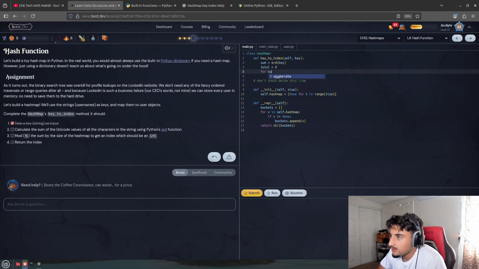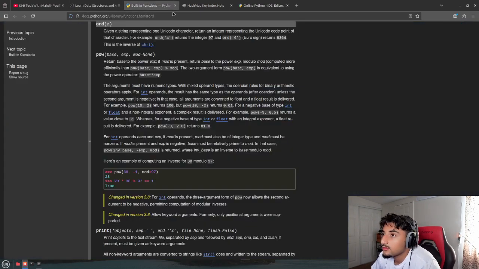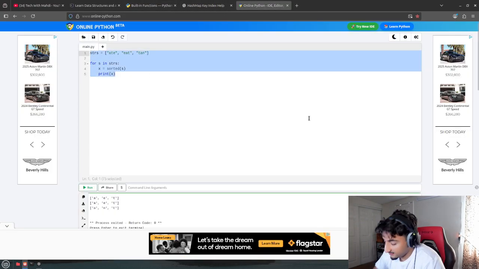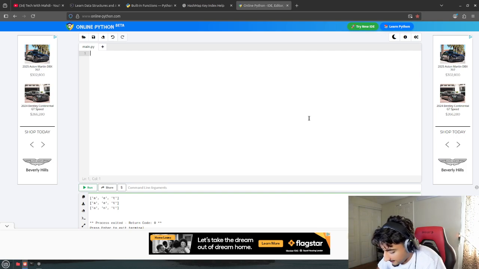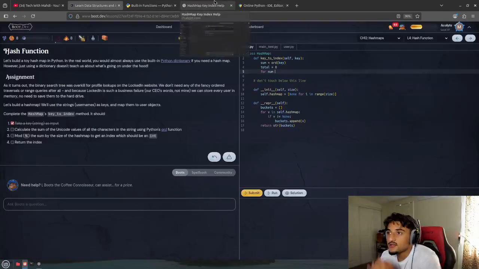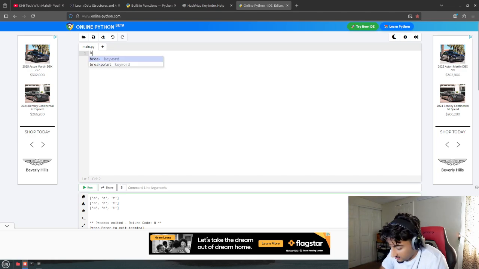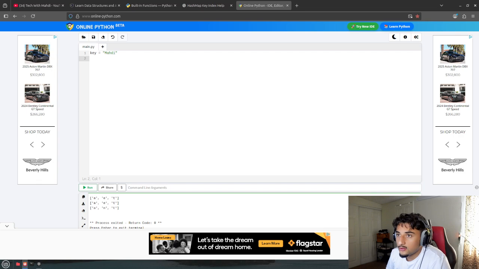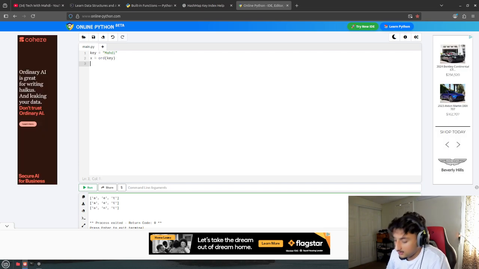So for num in... I need to split it. Let me mess with some stuff. So let's just say that the key is equal to naughty, and then we want x to equal ORD the key, and if I print x,